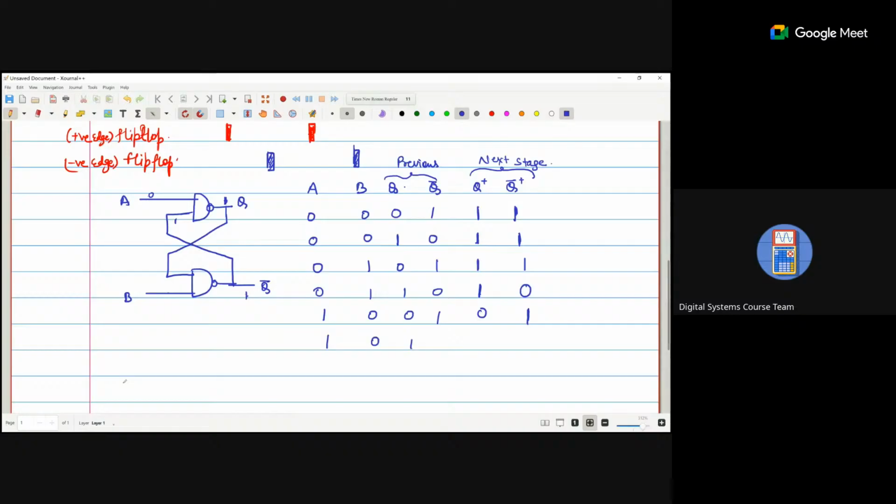1, 0, 1. 0, 1. That means it will be 1. It will go with this. So it becomes